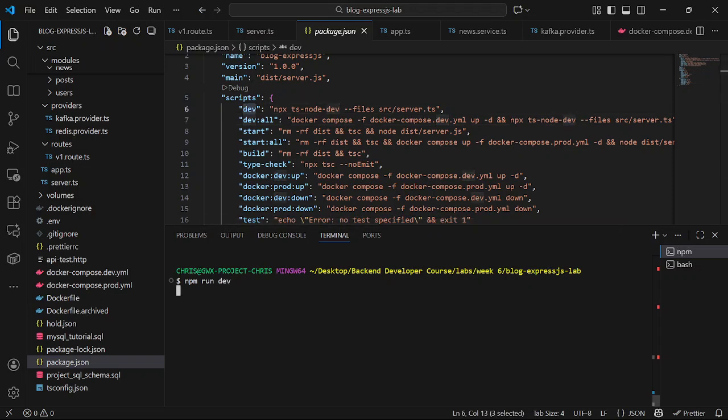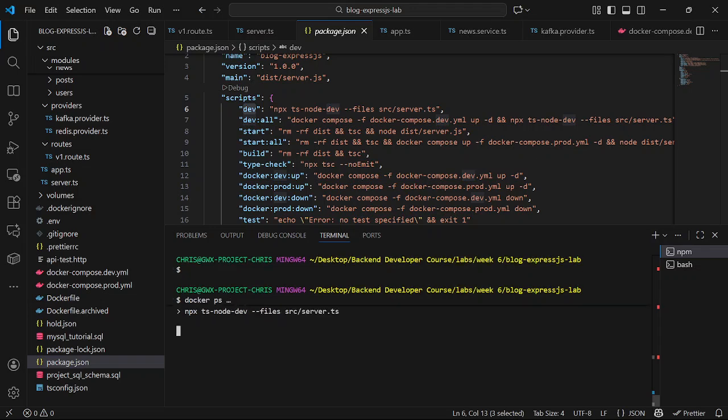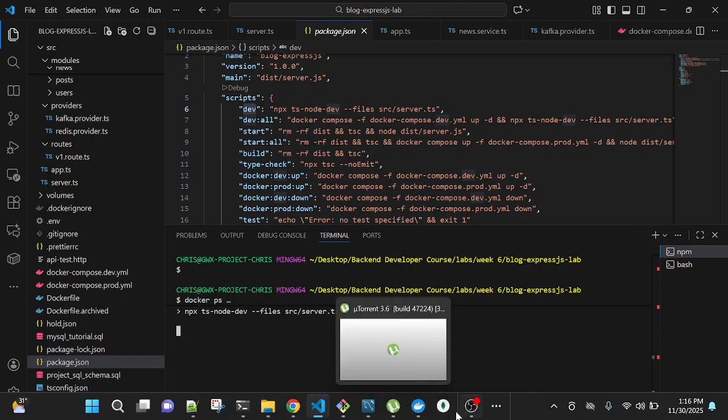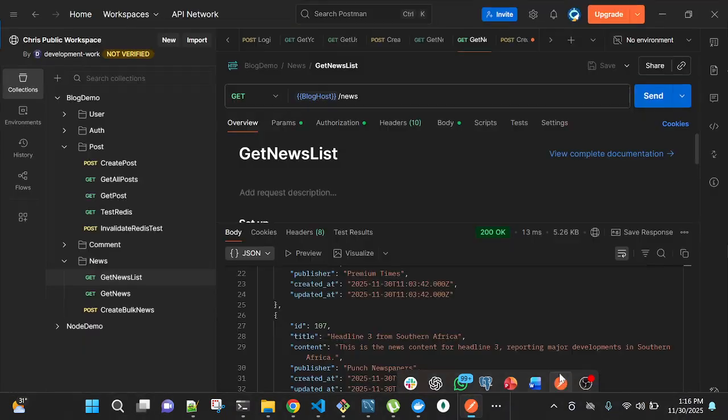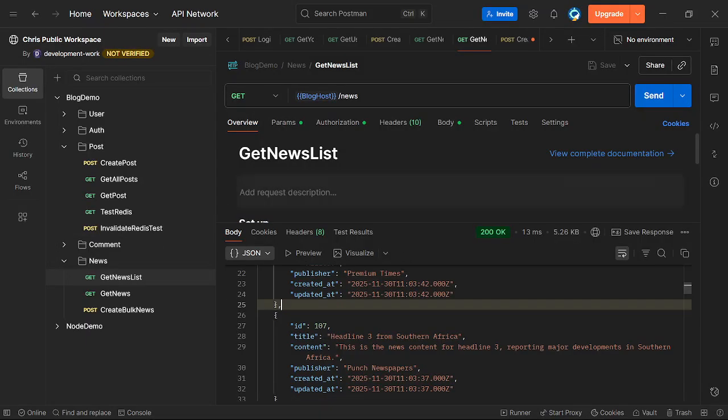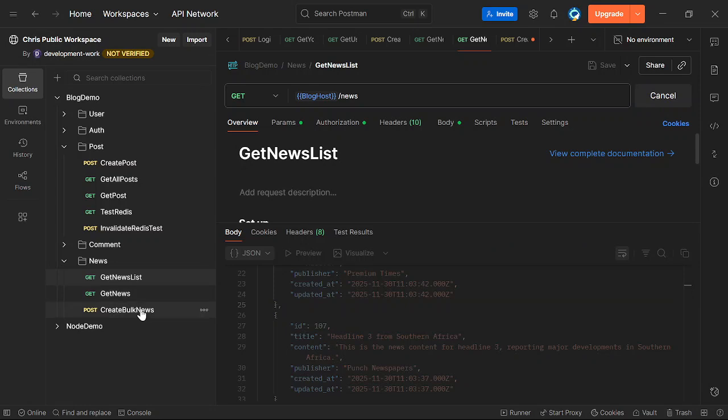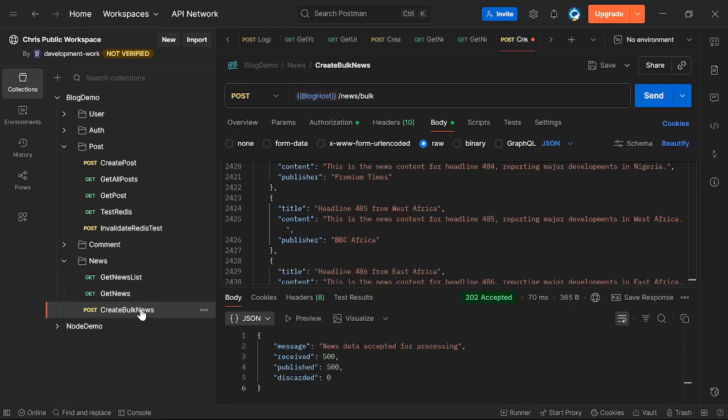So the app will start and try to connect to Kafka. Then when it connects, we'll test our API. Let's go back to our Postman and see the API we were trying to test. This is the API, create bulk news.